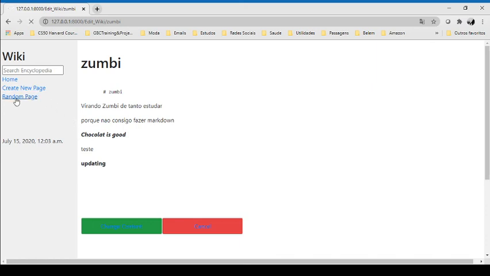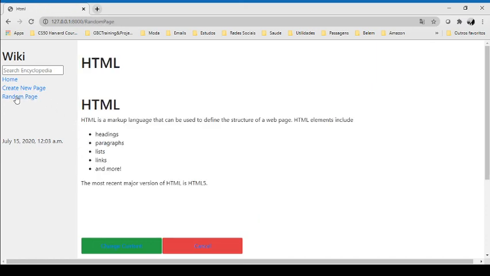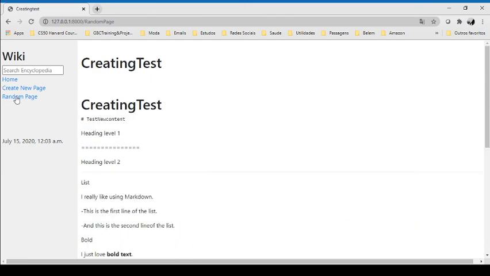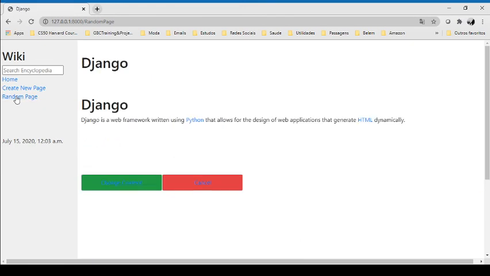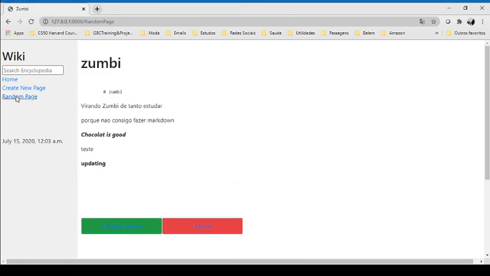And also we have a random page. If I click here on random page, it will show any content I have